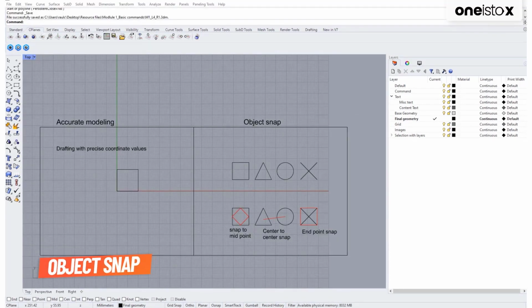Moving on to Object Snap, we first need to understand what Object Snap is and why we need it. Why not make everything with coordinate values? While modeling complex forms, we usually need a reference point on a geometry, and a coordinate value will not be of any help to us. So, OSNAP is a mode which is used most often while modeling in Rhino to create accurate geometry on top of a base geometry. For example, let's recreate these red geometries on top of the black ones and understand how OSNAP works. Let's switch on the mid OSNAP and create a polyline on top of the square.